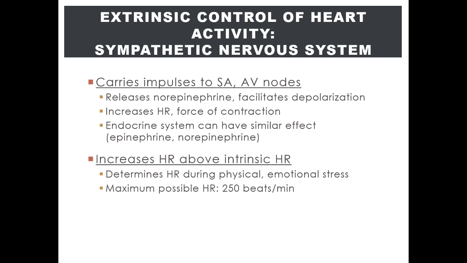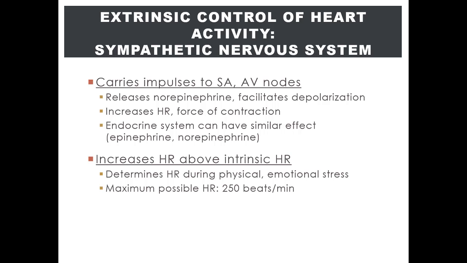As a hormone, they circulate and eventually can interact with the SA node on the heart, causing further stimulation of the SA node. So to summarize, norepinephrine is released directly by the sympathetic nerve innervating the heart as a neurotransmitter. It is also released by the adrenal gland along with epinephrine as a hormone, which can eventually interact with the SA node. So with increased sympathetic activity, there is greater stimulation of the SA node activity, and thus the rate at which the action potentials are generated and propagated throughout the heart are increased. It can increase the SA node activity to produce a maximum of 250 action potentials per minute, which equates again to 250 beats per minute.